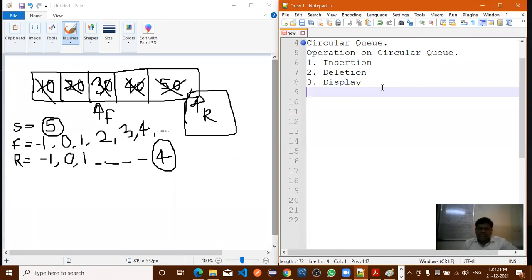Now, what is the difference between the linear queue and the circular queue? What are we doing here in a circular queue? What will change in a circular queue? Can anyone imagine?